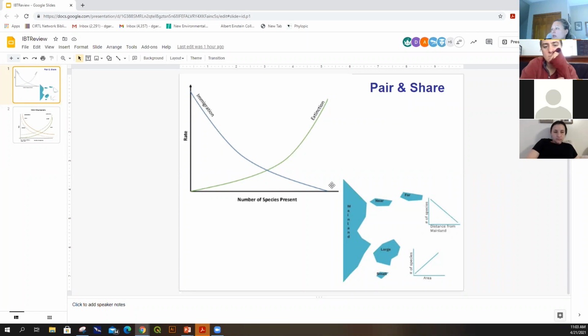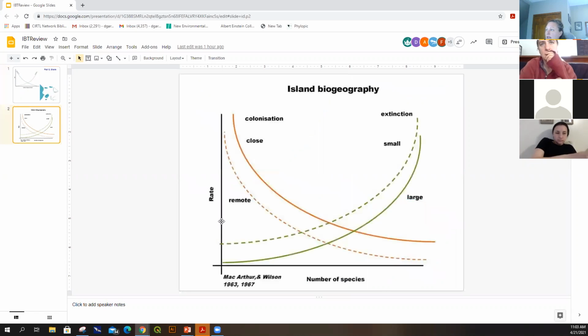One slide generally talks about the rates that we were talking about with island biogeography, and then a visual of an island archipelago and some trends. And then our next slide gives some variations on what those might be. I don't want to spend any time. I want you guys to talk to each other about it.